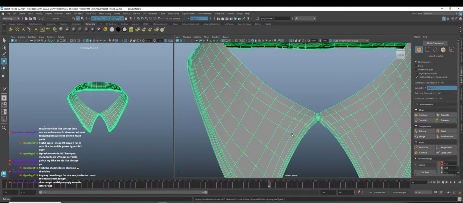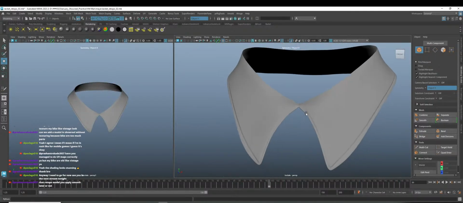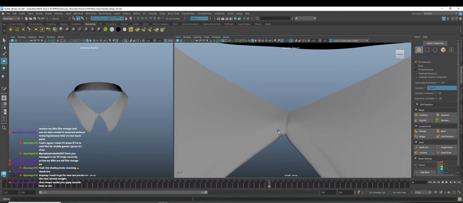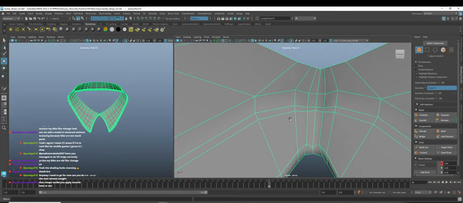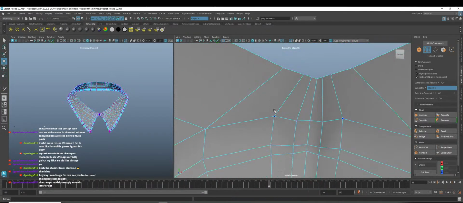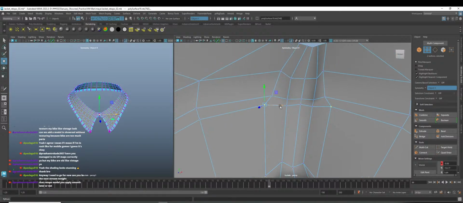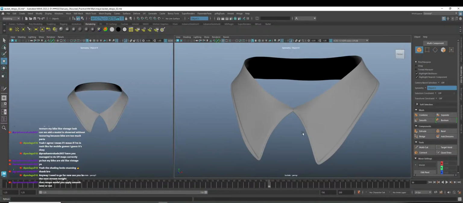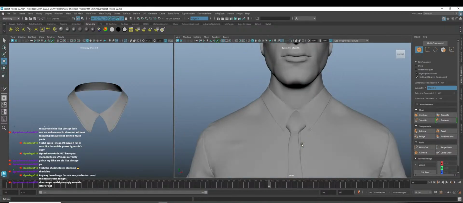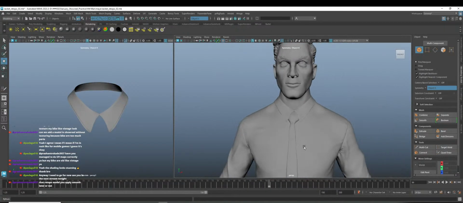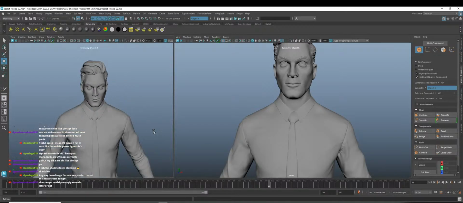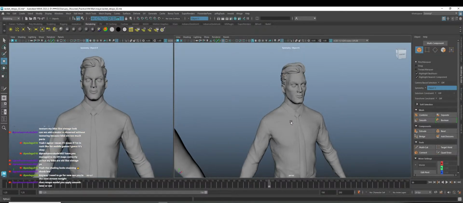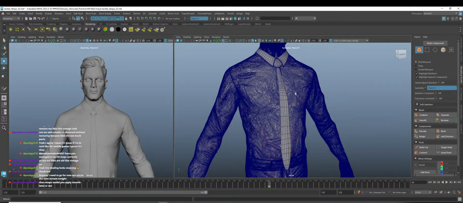But if you are using Blender, then you can always use a solidify modifier and you can get away without actually extruding the entire mesh. That is a more non-destructive workflow, but for our case we actually have to extrude. So here we go, we have something. Let me turn on the wireframe. Yes, so now